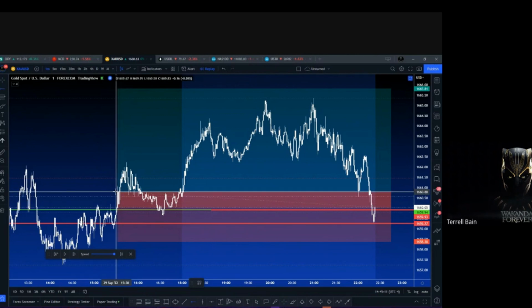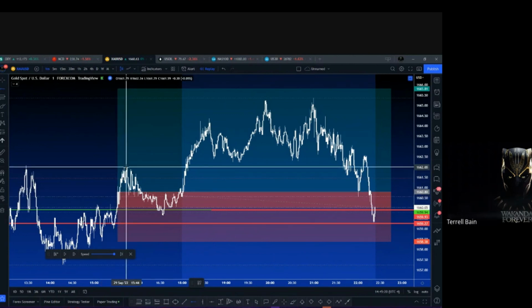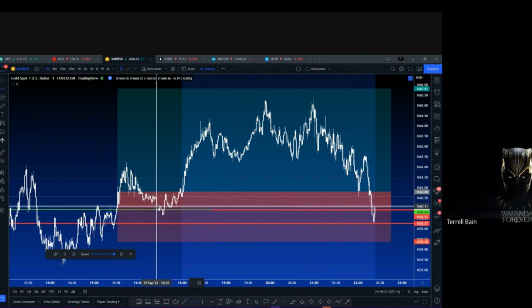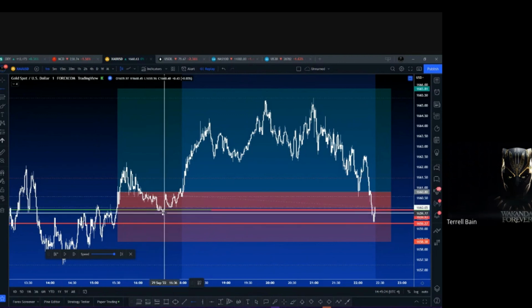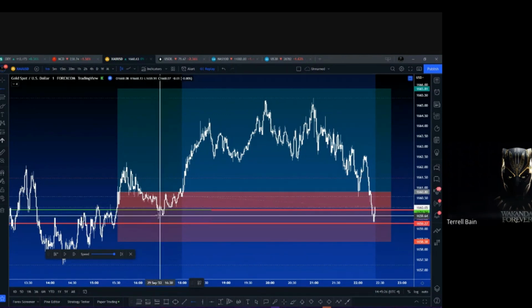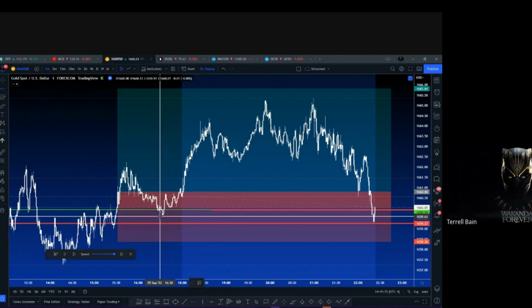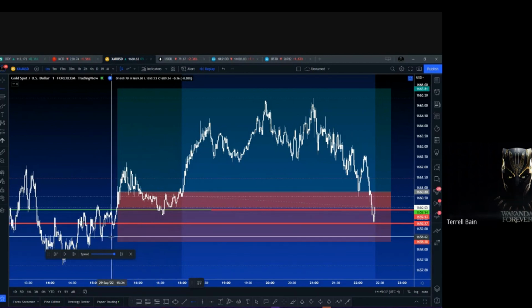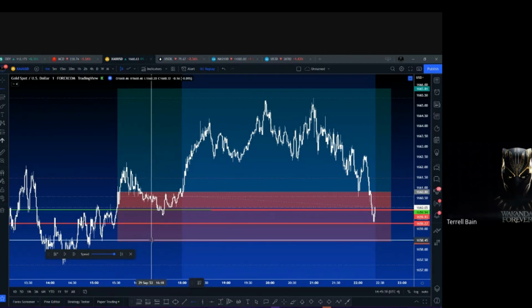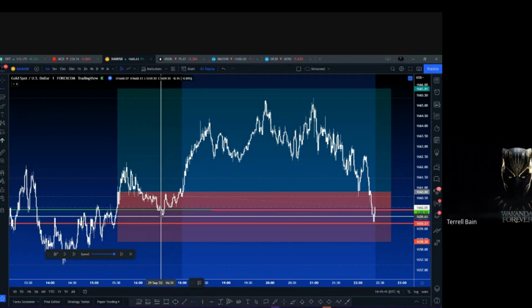I got in right here, right at that green-red division where it splits the green and the red. I got in right there. Price went up. I was in profit. Came all the way against me, right? I was down a little bit, and then it created this V shape. That was that first little V shape that it created, but I was in the negative. So why would I move my stop loss? I could, because if I was way down here on my stop loss, I can move my stop loss right here. Because now here's my stop loss right here. So I'm mitigating my risk by placing my stop loss a little tighter.